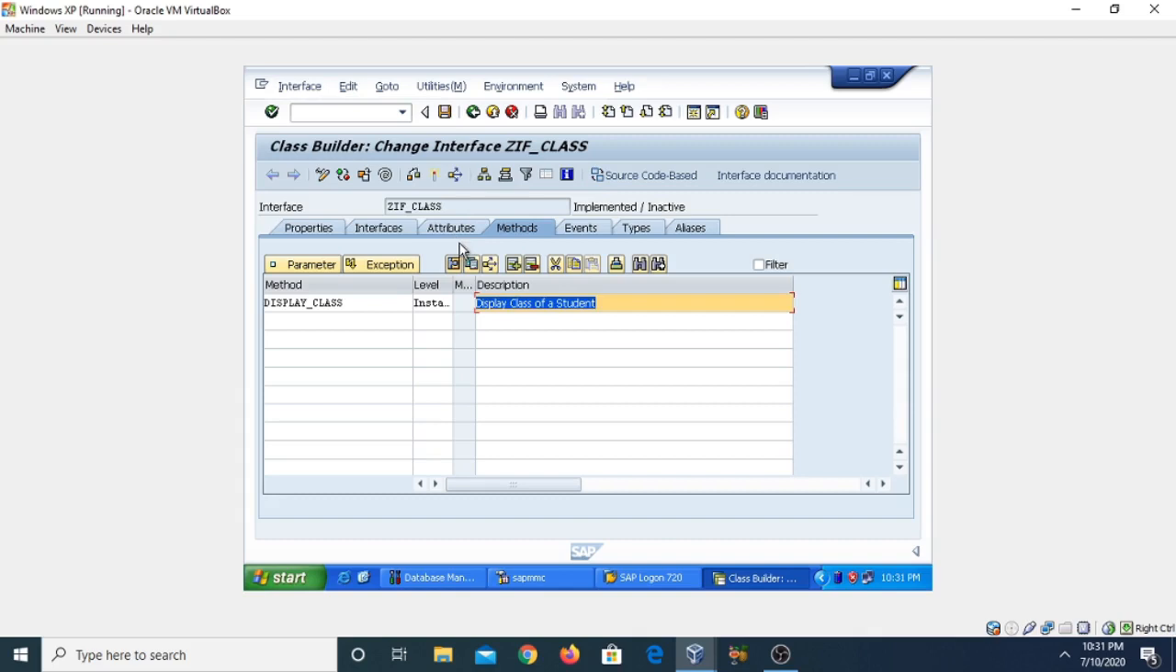Similarly, we can also use the attributes for these interfaces. We can also access them in the class which is implementing that interface. So click on the save button. We are not going to define the attribute here. Now